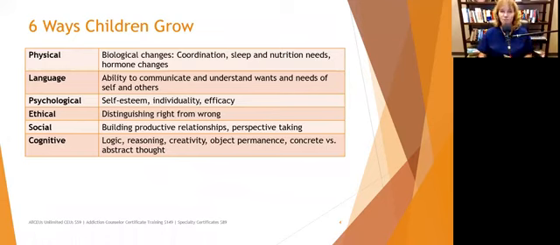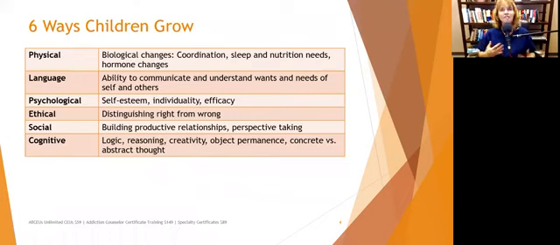That's expected. When children are going through growth spurts, they need additional sleep. They may need additional food. They like to eat more. And that can also impact their learning and their attitude and their mood and a whole bunch of things. So we need to be alert to biological changes and the impact that it has on this little human being. It can affect their coordination. Somebody who has never been able to throw very well may not really notice it, but as children, especially in middle school, go through these major growth spurts, they may feel self-conscious, they may be less coordinated, and that can affect their self-esteem and their sense of self-efficacy.